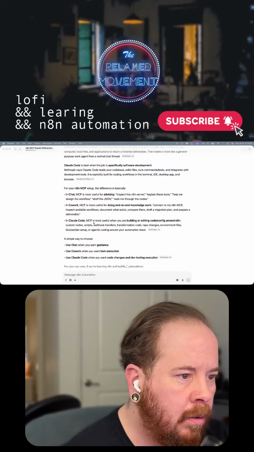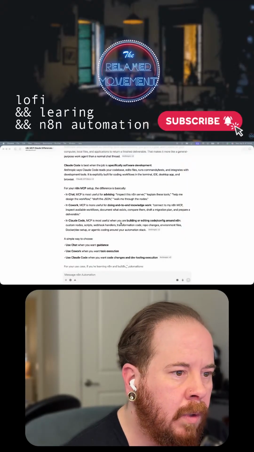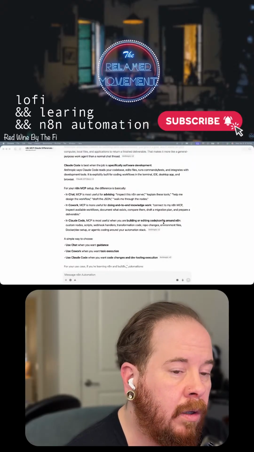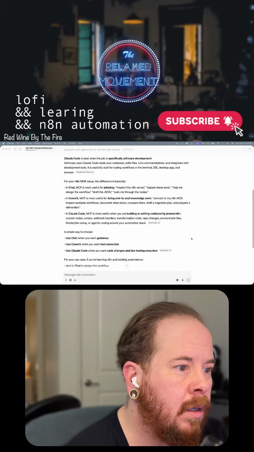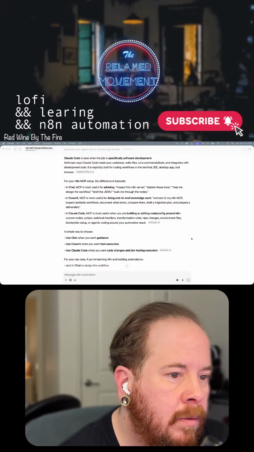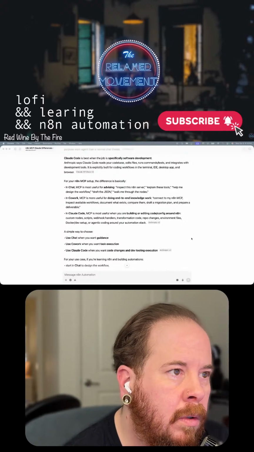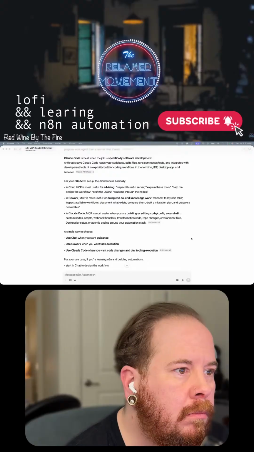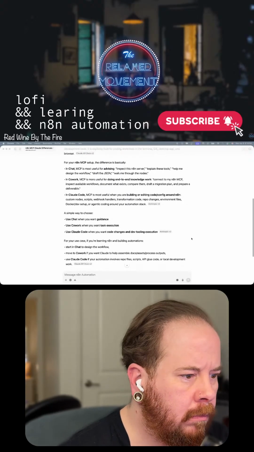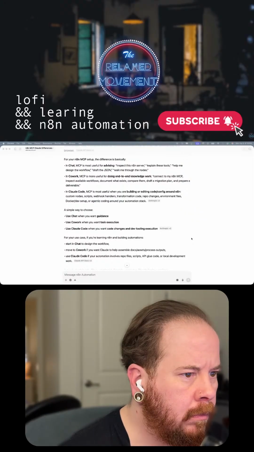In Claude Code, MCP is most useful when you are building or editing code and config around n8n: custom nodes, scripts, webhook handlers, transformation code, repo. Guidance, task execution.